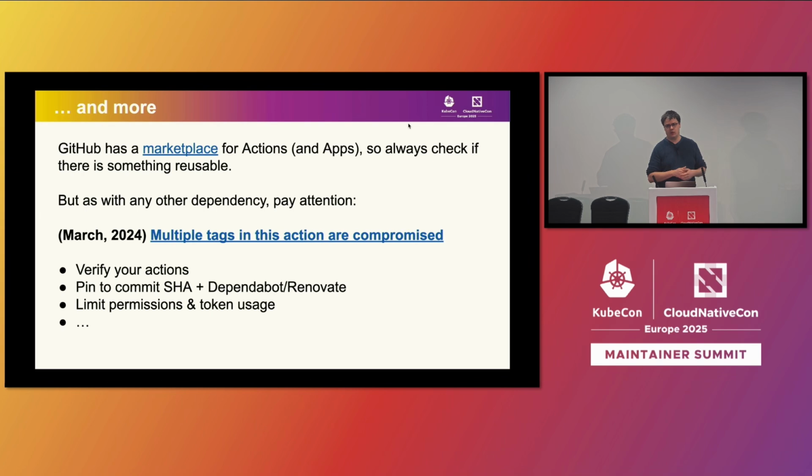So what you should be doing, of course, is verify your actions, who is doing that. So for example, if you use certain linters in your project, sometimes they have even their own GitHub action already. So maybe use that versus one that has one GitHub star and is used maybe by 2 or 3 other people. Then pin your versions and then use Dependabot to keep them updated. And then, of course, make sure that you set the right permissions, use the tokens correctly. We will talk about this a little bit towards the end of my talk.